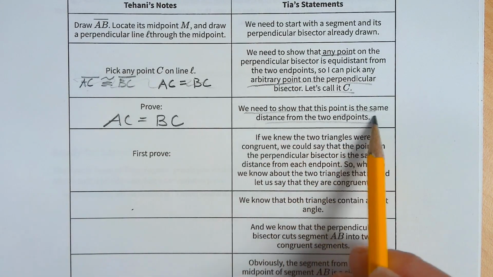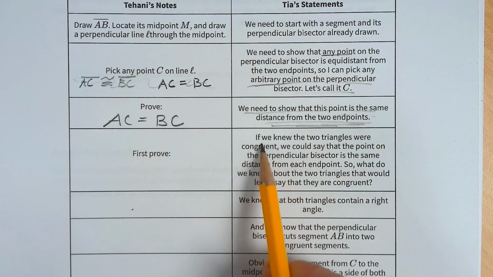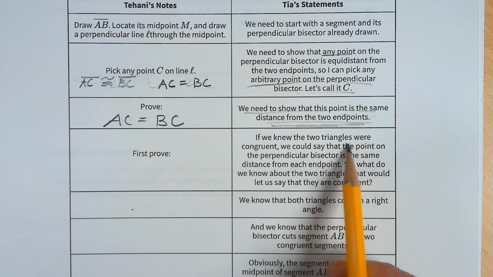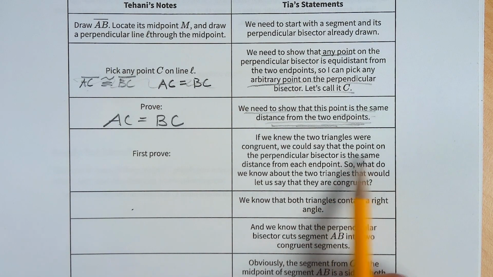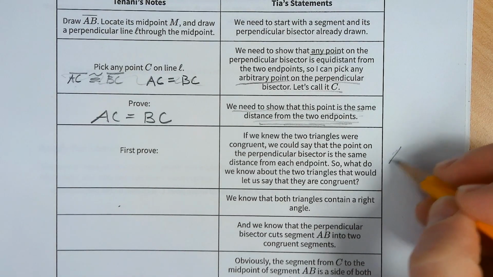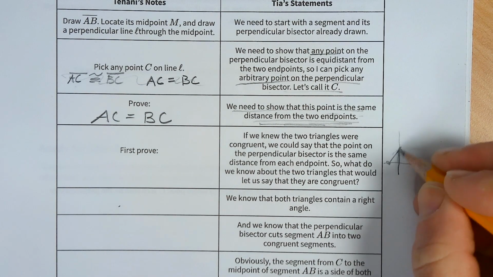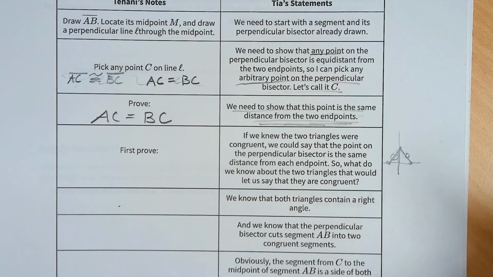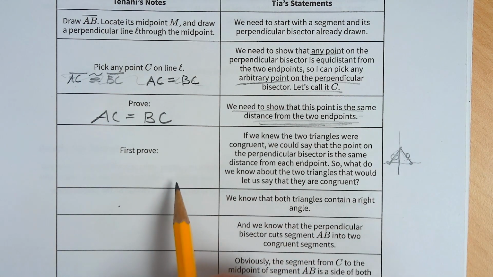So that's what we're trying to prove: same distance from the two endpoints. The segment AC has the same measurement as segment BC. If we knew the two triangles were congruent, we could say that the point on the perpendicular bisector is the same distance from each endpoint. Yeah, if the two triangles on the left and right were congruent, then this matches that, and those are corresponding sides. Then those would be the same. That's AC and BC. So we need to